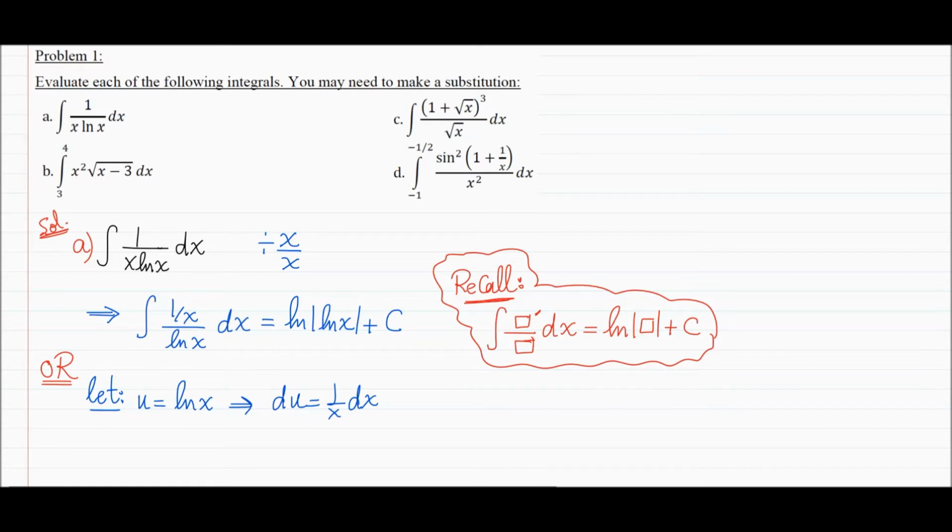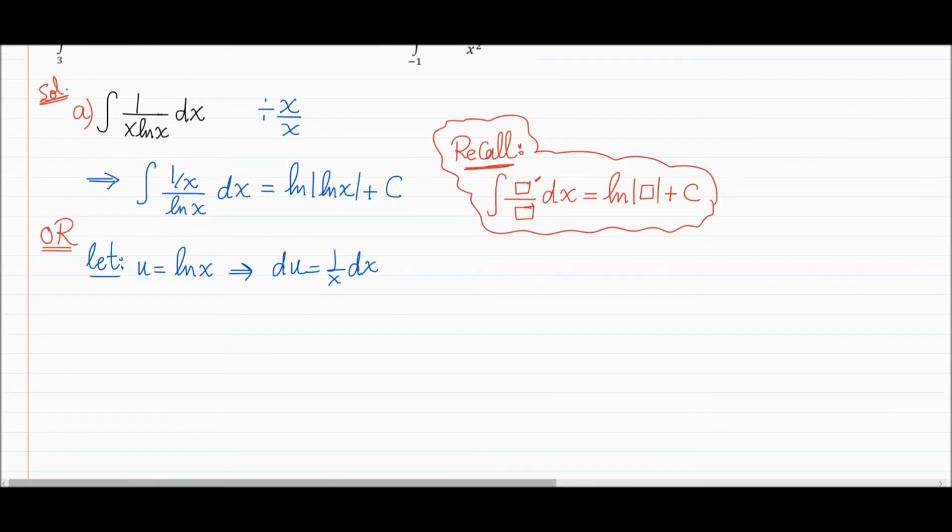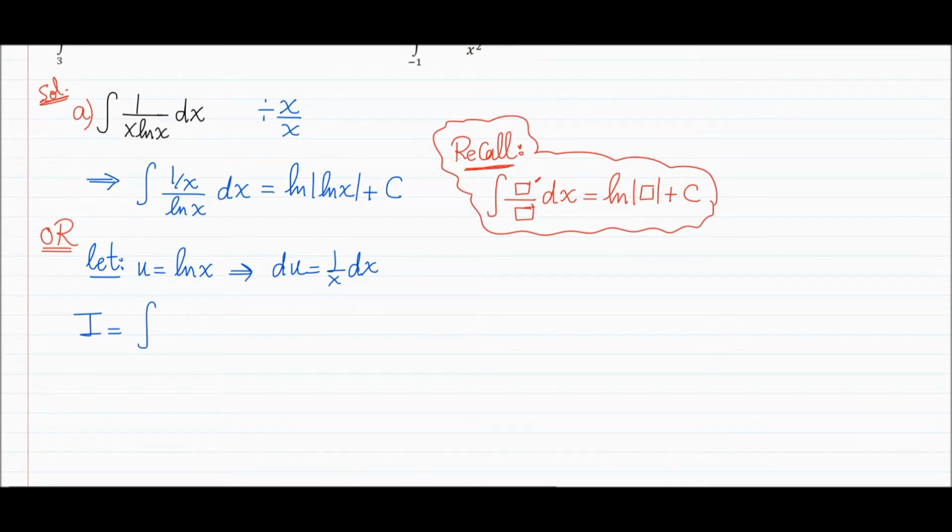In order to check whether your substitution is correct or not, after finding du, the function you get here should be written in the integral. So again, to make sure your solution is right and your substitution is correct, when you calculate du, this function must be inside your integration. Now what do I want to do? Replace. What does that mean? So I equals the integration of, in the denominator we have u,